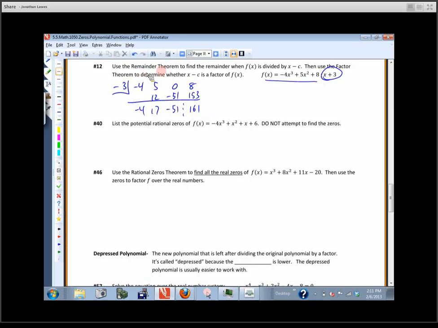It said use the remainder theorem. So in other words, find the remainder and use that to tell whether or not this is a factor. Is it a factor? Nope. Is that hard? That's a problem on your assignment. That's how they are. They're not all like that, but that's pretty easy, isn't it? Really, isn't this just one tiny step above what you were doing the other day? That's all it is.